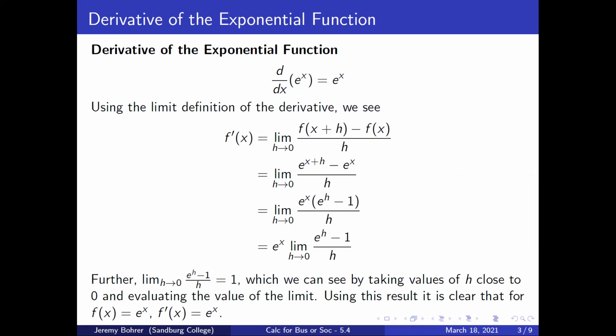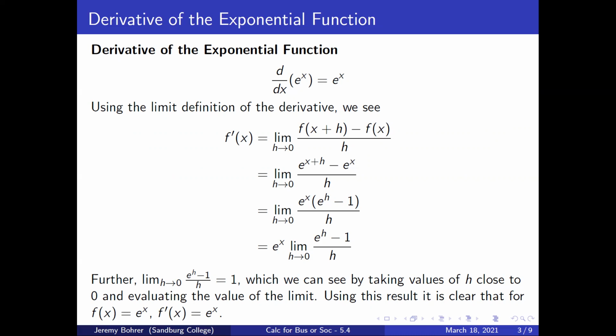The derivative of the exponential function. The derivative of e to the x is equal to e to the x. Using the limit definition of the derivative, we see that f prime of x equals the limit as h approaches 0 of f of x plus h minus f of x all over h, which is equal to, in this case, the limit as h approaches 0 of e to the x plus h minus e to the x over h, which is equal to the limit as h approaches 0 of e to the x times e to the h minus 1,